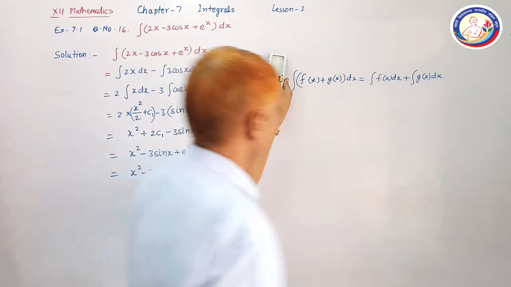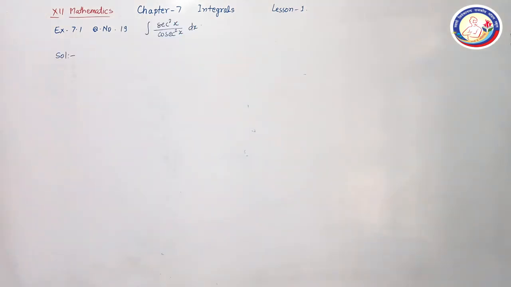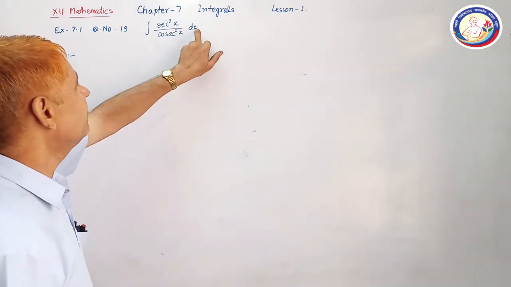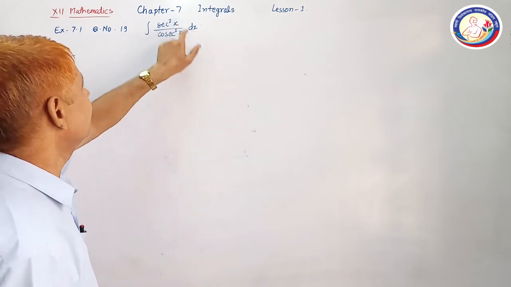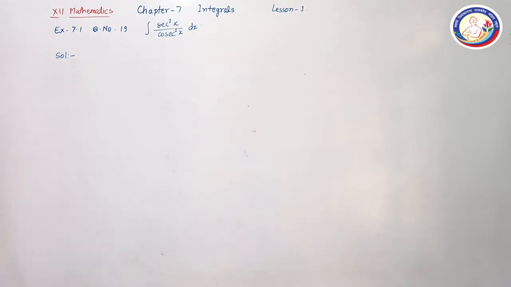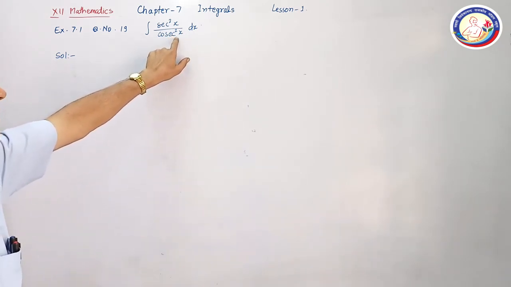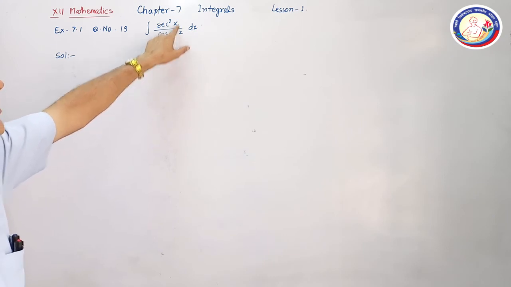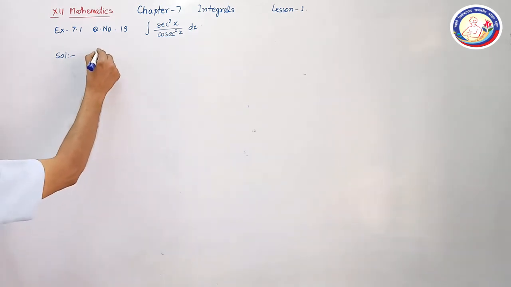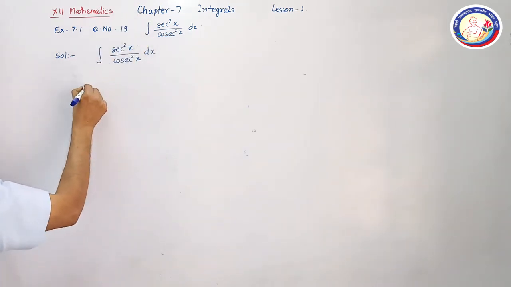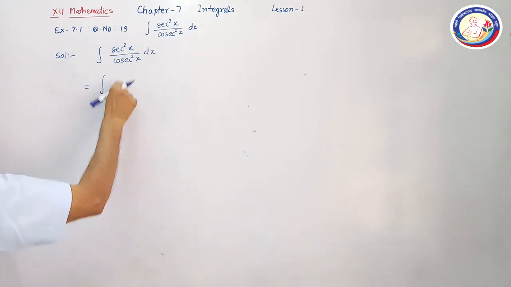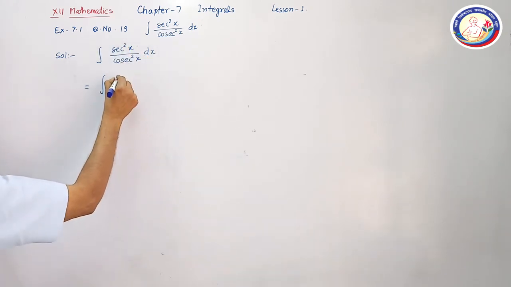Now another example. Question number 19: sec square x upon cosec square x dx. We have to integrate this function with respect to x. Is there any function whose derivative is this? This is not in the form. So we start by simplifying this. We can write sec square x as 1 upon cos square x and cosec square x as 1 upon sin square x. This will be sin square x